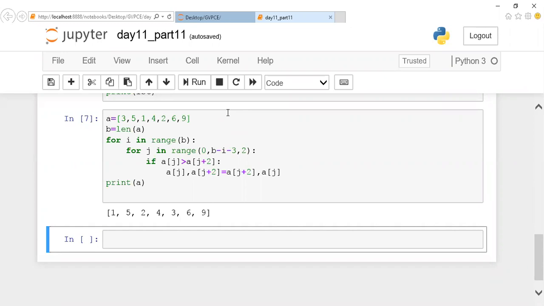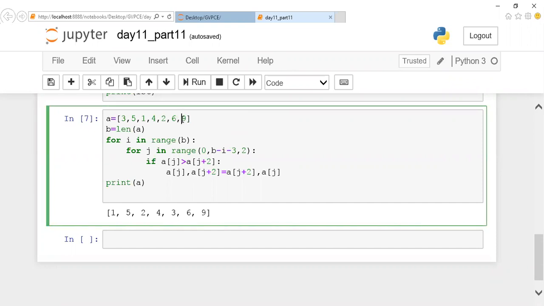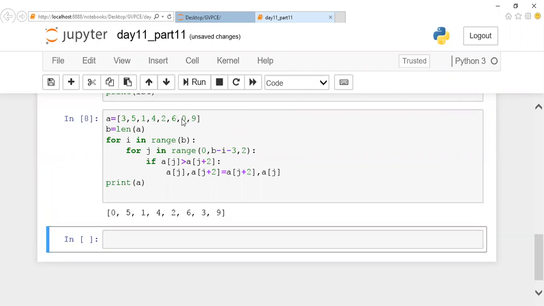3 is less than 9. Okay, just a minute. Let me check it. Look here, Sudhir. You can notice that 0 will be there and the overall next maximum element 9 should be there. Next minimum element 1 and next maximum element should be 4, then 6, 2.